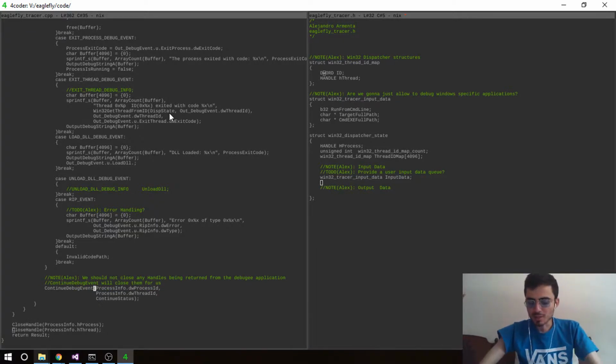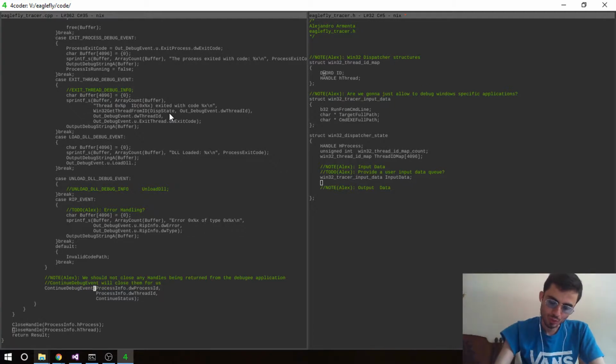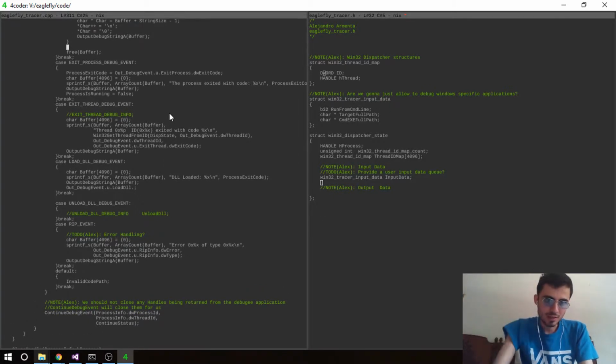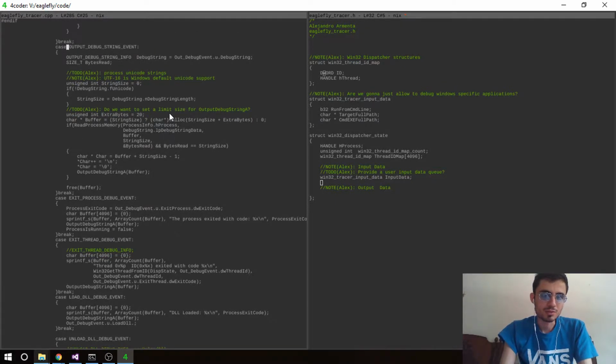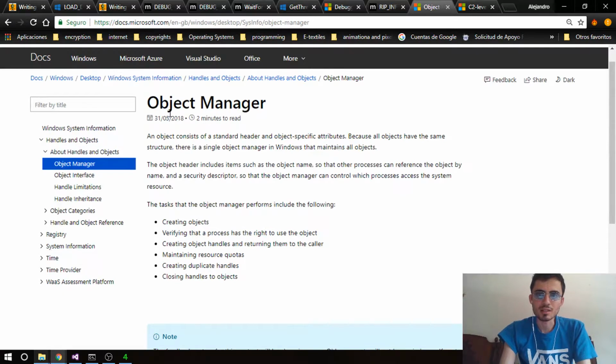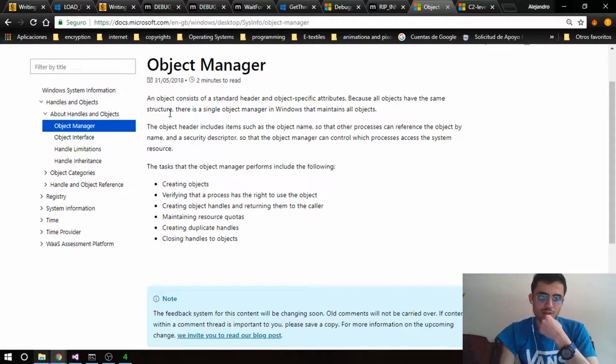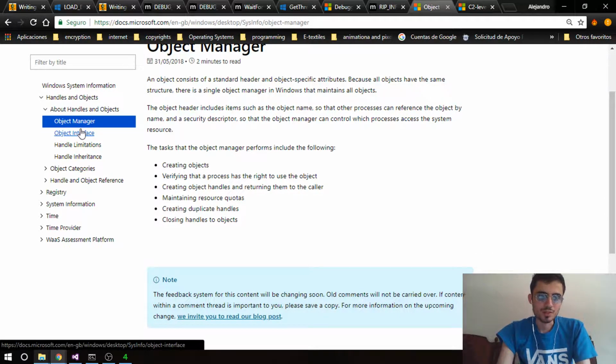What I was thinking is that we probably want some structure to store all the handles. We don't want to free them, of course, but we want to keep them alive every time we do that. And we can do that pretty much the same way. The thing that I was looking for is to use the object, create object handles and return them to the caller, maintaining resource quotas, object interface,